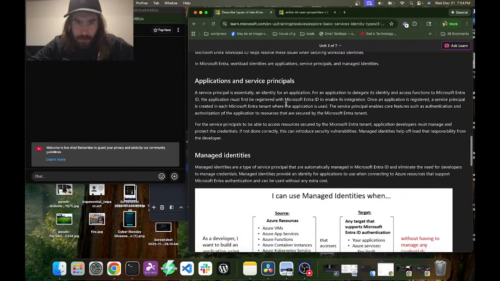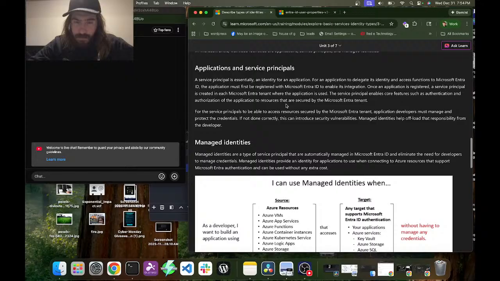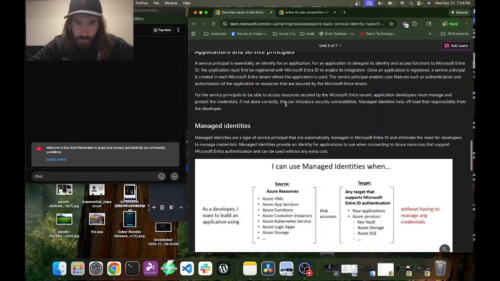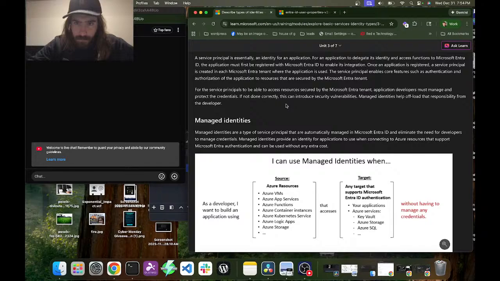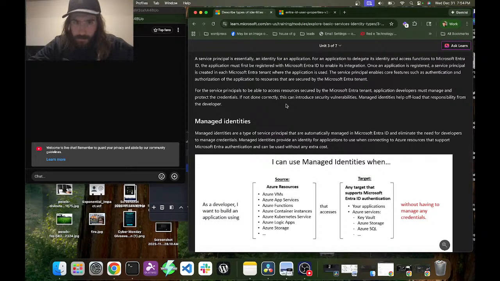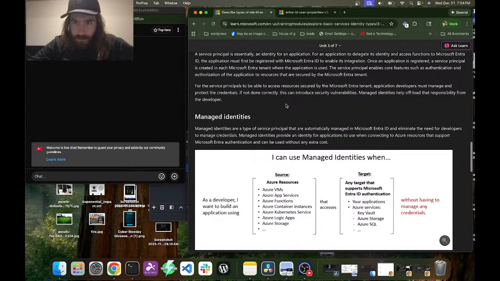In Microsoft Entra, workload identities are applications, service principals, and managed identities. Applications and service principals. A service principal is essentially an identity for an application. For an application to delegate its identity and access functions to Microsoft Entra ID, the application must first be registered with Microsoft Entra ID to enable its integration. Once an application is registered, a service principal is created in each Microsoft Entra tenant where the application is used.